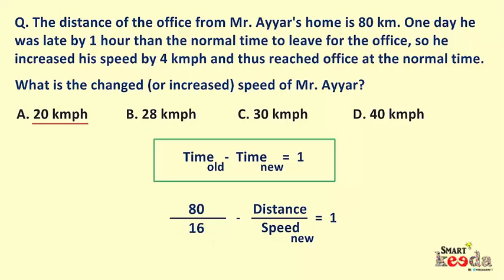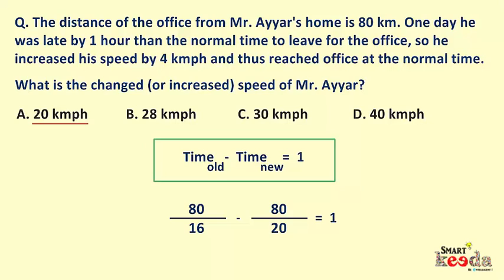Here in the denominator part we have got 16 because it's given that the new speed is increasing by 4 km per hour, which means the old speed must be 4 less than the new speed. So if new speed is assumed as 20 km per hour, old speed would be 16 km per hour